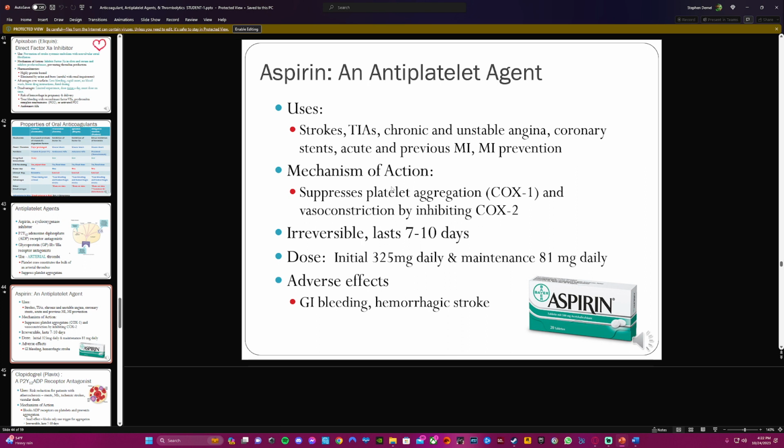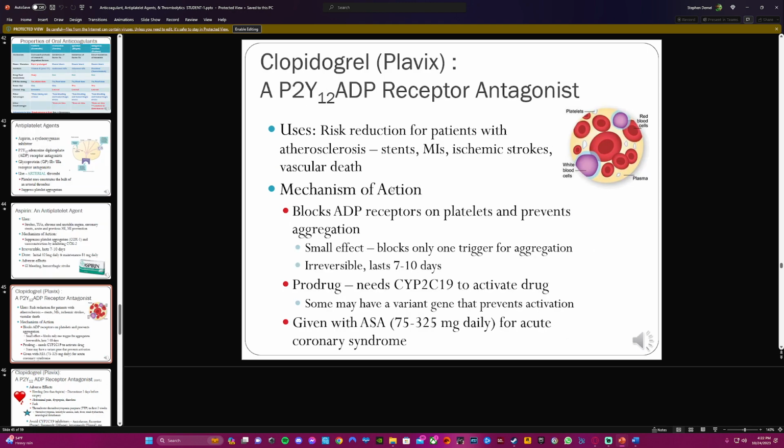Mechanism of action is it suppresses platelet aggregation via COX-1, and vasoconstriction by inhibiting COX-2. This is irreversible and lasts 7 to 10 days. The dose is initial 325 milligrams daily and maintenance of 81 milligrams daily. Adverse effects are GI bleeding and hemorrhagic stroke. The next is going to be